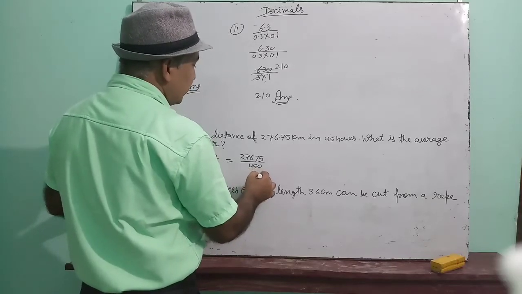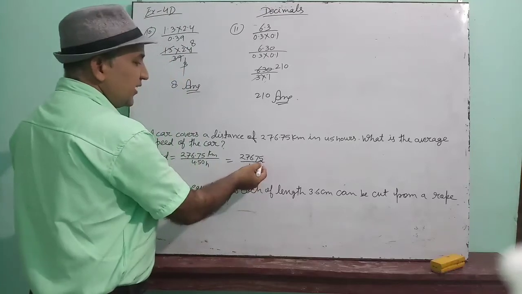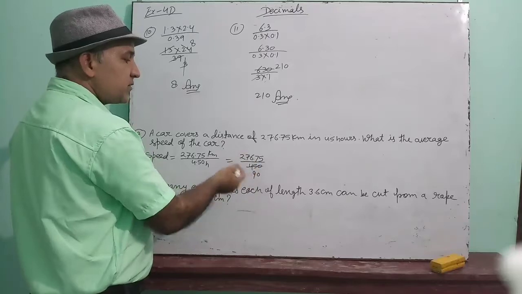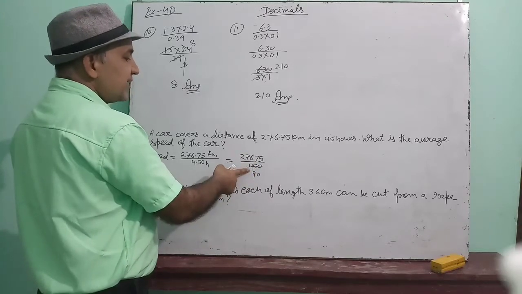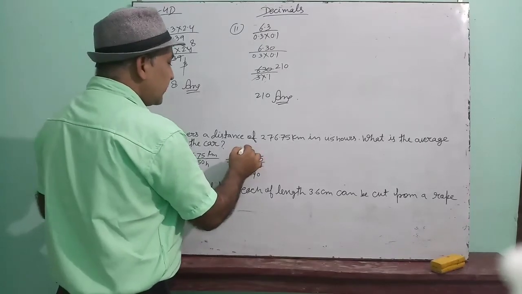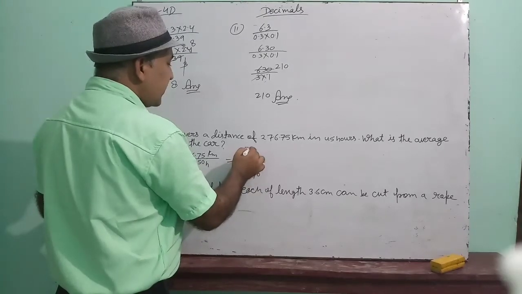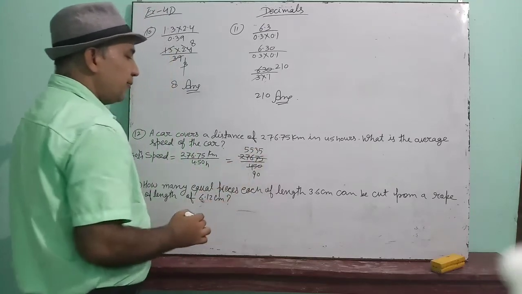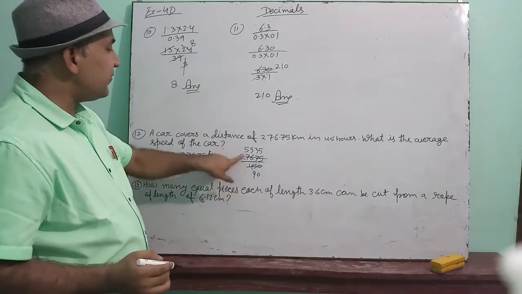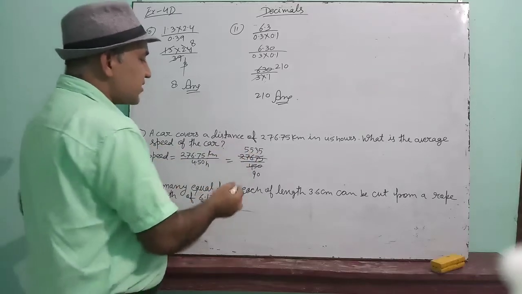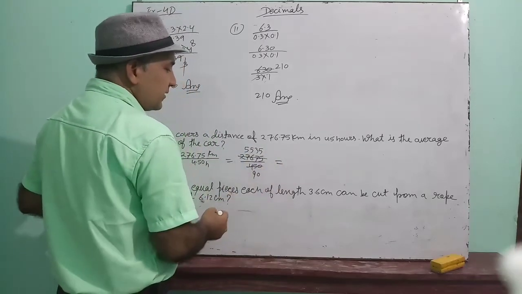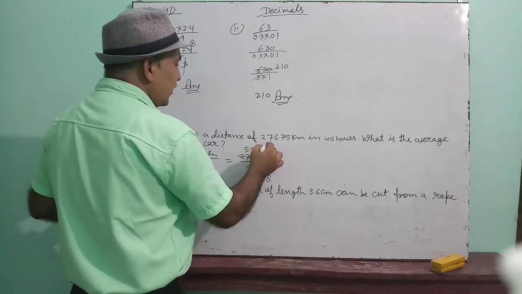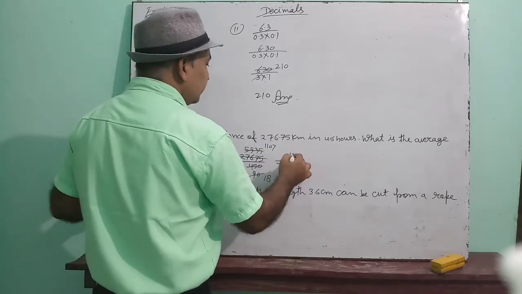5 into 9 is 45, 500. Since the numerator's unit digit is 5 and the denominator's unit digit is 0, both the numbers are divisible by 5. Denominator divided by 5 coming 90. Numerator: 5 into 5 is 25, 5 into 5 is 25, 5 into 3 is 15, 5 into 5 is 25. When the numerator is divided by 5, 5535 is coming. Again both the numbers are divisible by 5. 5 dividing this coming 18, it will be 1107.